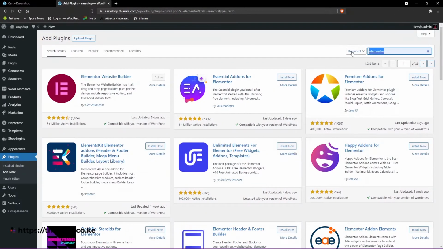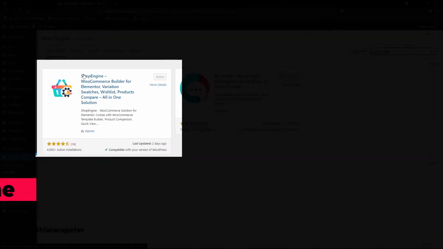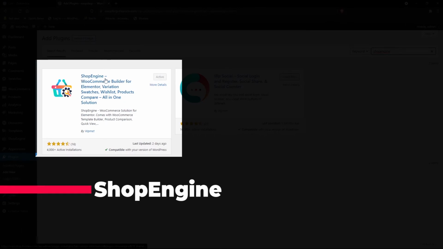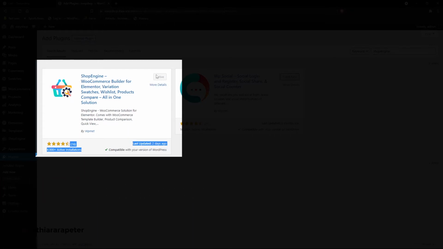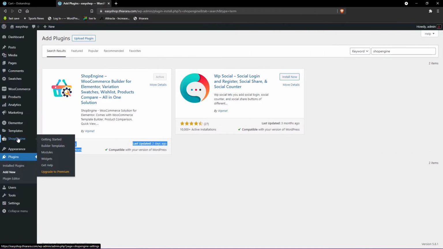The other plugin you need to have is called ShopEngine. It's a WooCommerce builder for Elementor, with variation swatches, wish list, product compare, and it's called all in one. It's from WP-Met, and you can see it has just 4,000 active installations. Last updated just 2 days ago as I'm doing this tutorial, and you can see it is even compatible with my WordPress. You need to have those 2 plugins installed, and after installing,